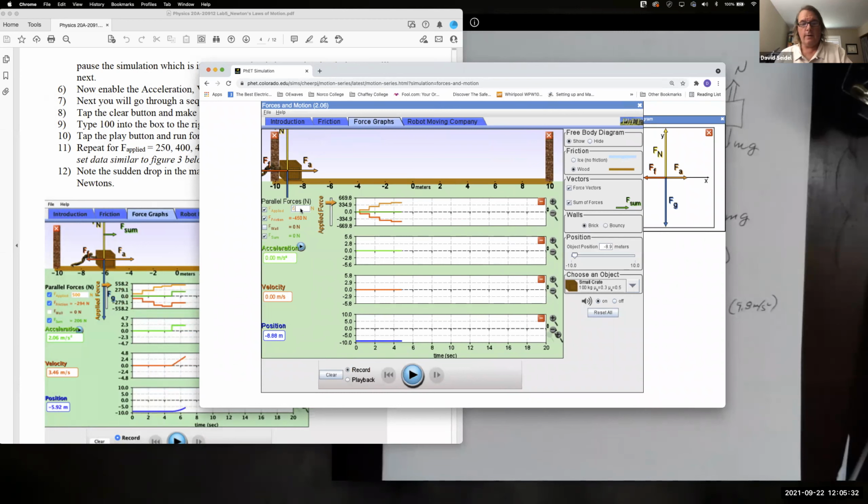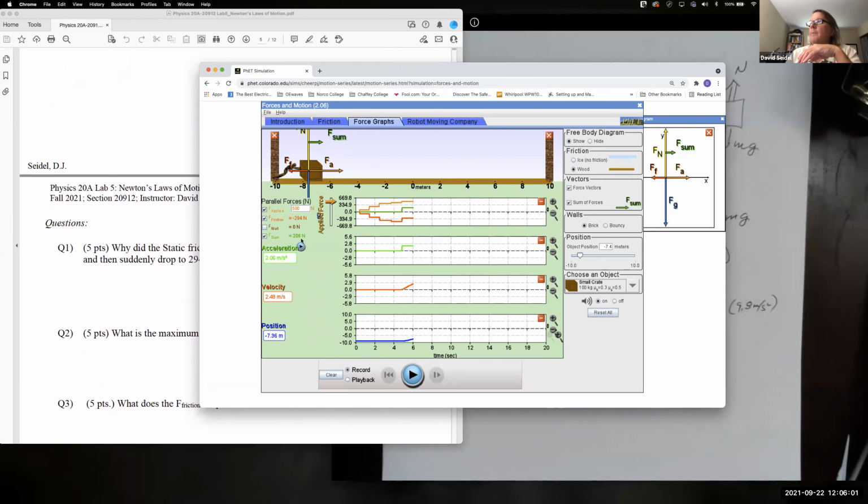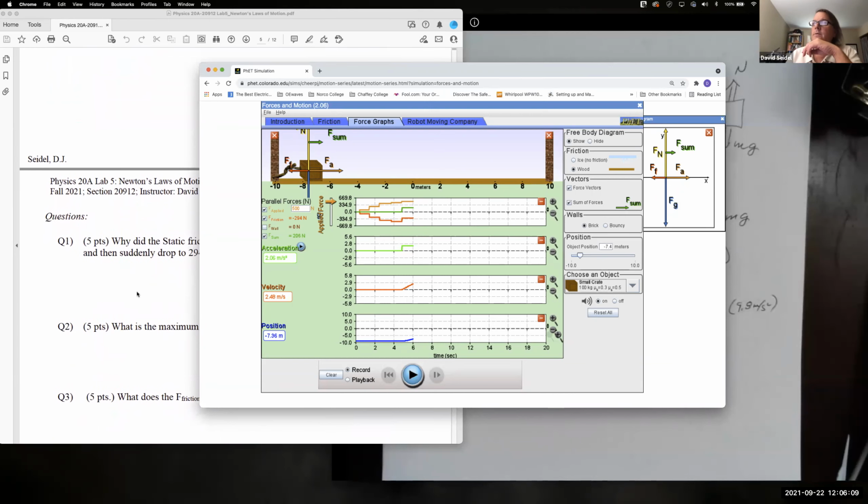Now the key here is don't let it go past about a second, because you don't want it to go too far. So now I'm going to play and only give it about 1 second. I don't want it to move very far, which is why I don't leave it on for a very long time. So I want room on the rest of this here. Okay, so you see that we have a drop in the magnitude of our friction. You were in kinetic friction.